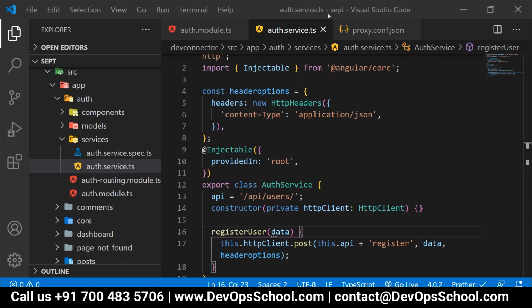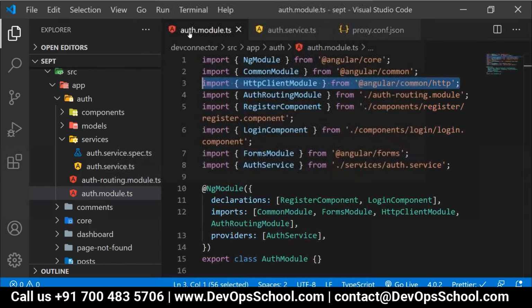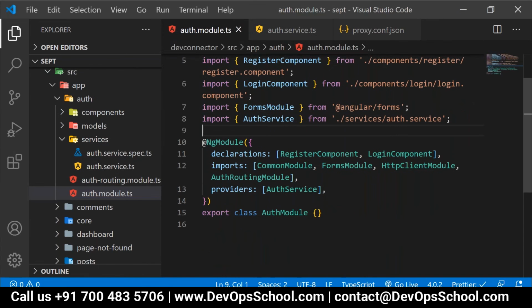Vidya, check your auth module imports. In this, the auth routing module should be at the end. Yes, sir, this order is expected: commons, forms, HTTP client, and then auth routing module.